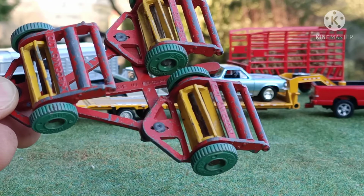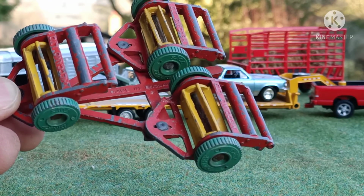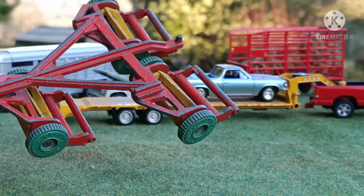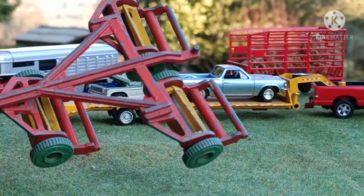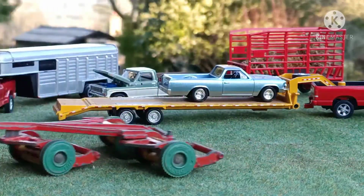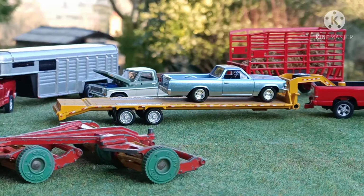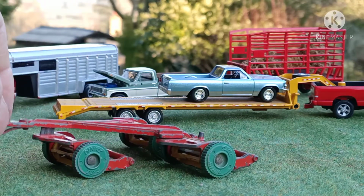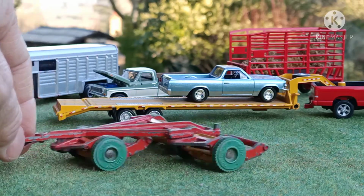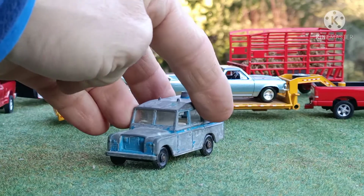It's got to be well, 1960s, certainly no later than that, and not much earlier than that, I would think. But what I like about this is, well, it's debatable as to whether it's 1/64 scale, but what I like about it is that it rolls. It rolls really nicely. And it's all metal. So just a quick look at this barn find series 1 or 2